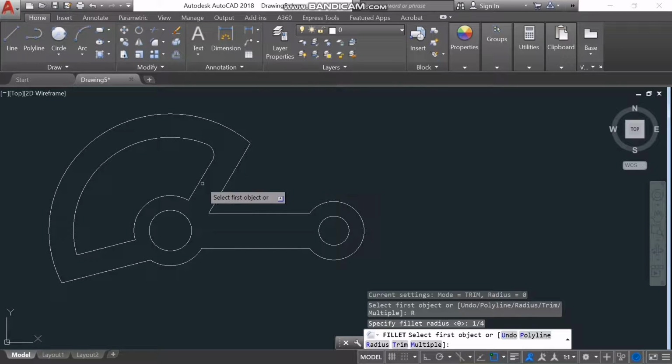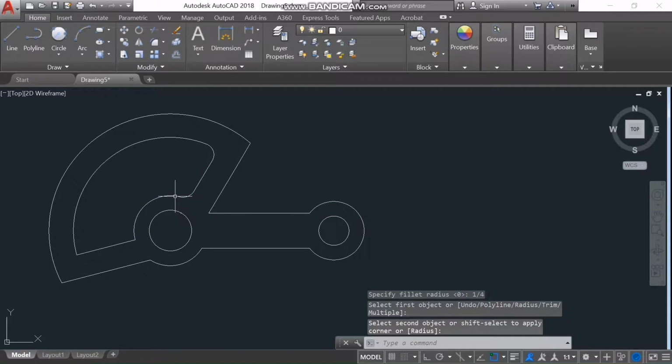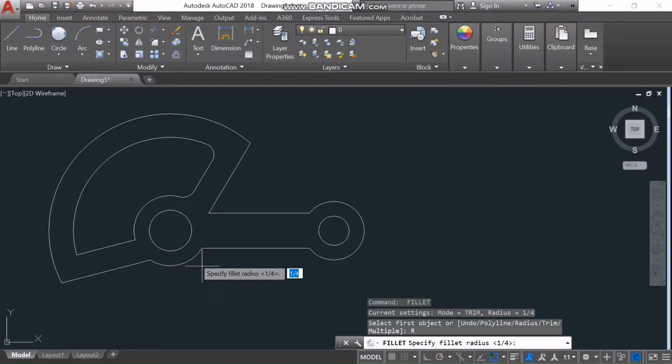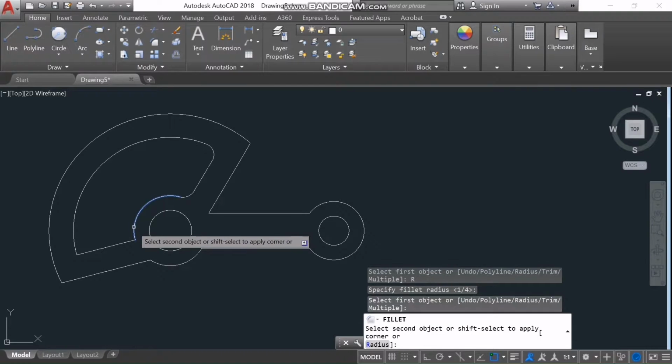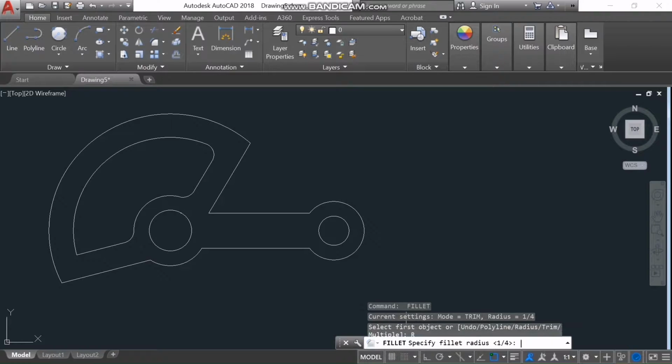I'm going to select the first object. So the first object is going to be the first line, so I'm going to click on this line. Now I'll move my cursor to the next line, the line I want to join with an arc. And you see, immediately I move my cursor to that line, it's going to create an arc for me. That arc has a radius of 1/4. So I can just click and then activate the command again. Radius still 1/4. Apply this method to all the parts to get